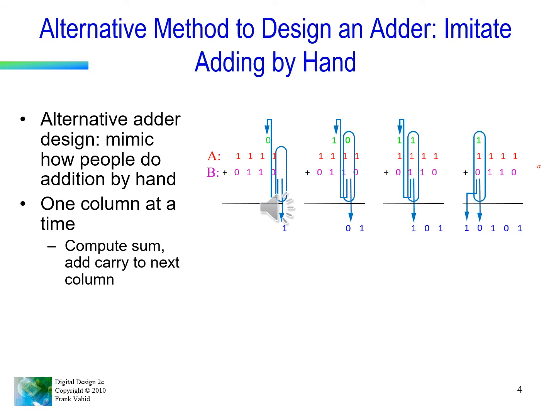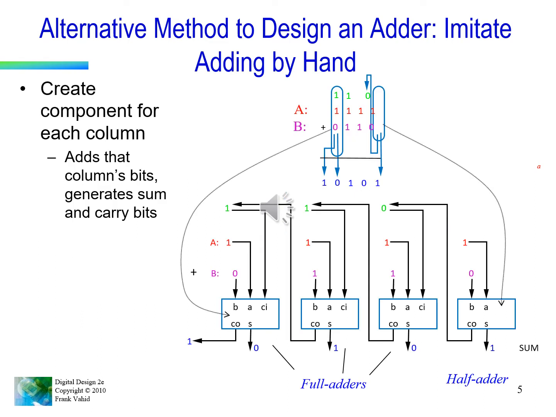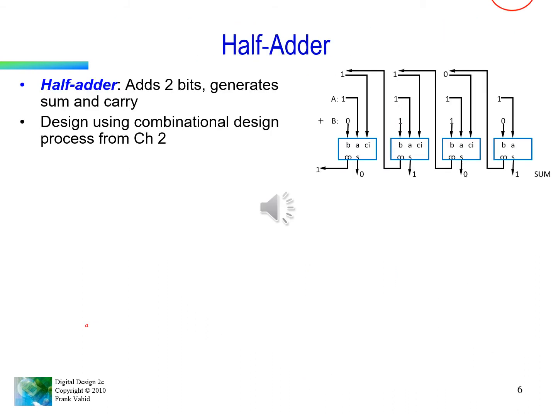As an alternate to that method, instead of making a truth table, what we do is we add 1 bit at a time of each of the numbers, accumulate the result, and carry forward the carry out to the next bit. So we add 1 bit at a time. We use half adders and full adders in the manner you can see over here. The first two bits, 1 bit of A and B, are added by a half adder because we don't have a carry in. Then we have full adders because the carry out of the first level goes as a carry in to the second level.